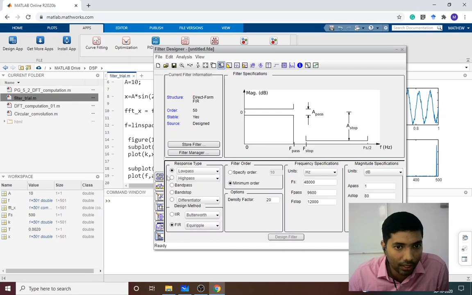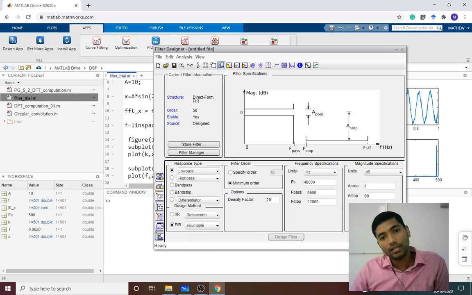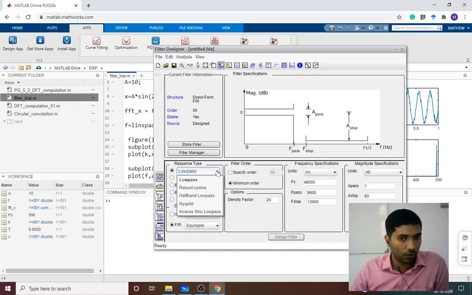So this is the important section where we must define what is the type of filter that we are designing. Is it a low pass filter, is it a high pass filter, is it a band pass filter, band stop filter, and so on. And there are a lot more options for low pass and high pass as well. Okay,